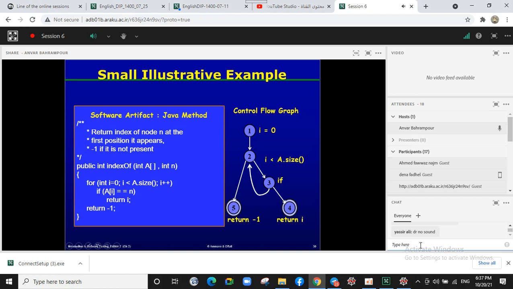So our array should have just one element, and that element should be any value except n. So the next input value could be an array with